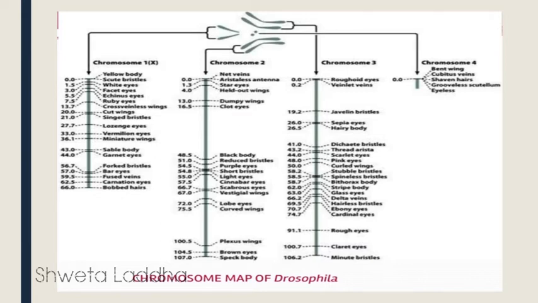Suppose these are 3 chromosomes and this is the sex chromosome. If we see the gene on chromosome number 1 for yellow body, it is closely placed to the gene for skewed bristles, to the white eyes, to the facet eyes. Such genes which are closely placed to each other have more tendency to inherit together, so they are called linked genes. But if you see the genes for yellow body and bobbed hair or carnation eyes, they are far away from each other, they are distant. Such genes are called unlinked genes, and there is a tendency that they may separate during crossing over.